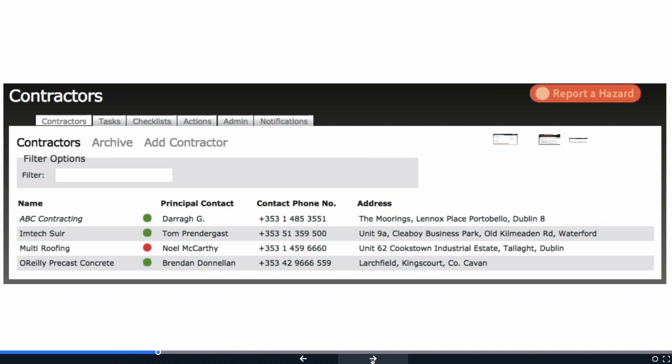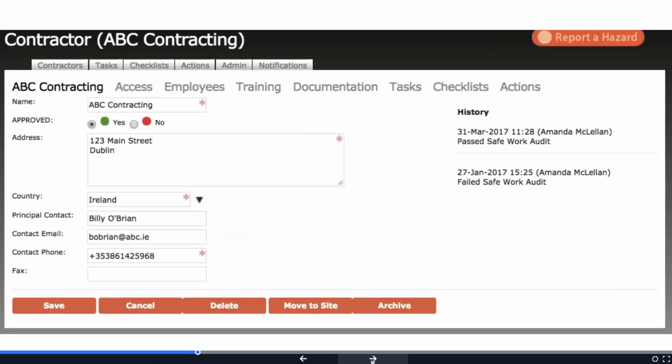So first and foremost, what the Effective system can assist with is providing a very simple red, amber, green status for your contractors for approval. This might be on a site-by-site, department, or project-by-project basis. You can see here that we have a listing of different contractors, and beside them a red, amber, green status. What this essentially means is that the person with the appropriate approvals within the organization, so this might be the contractor manager themselves or your health and safety individual, will have a certain amount of access, locked down to themselves, where they can approve or disallow this contractor.